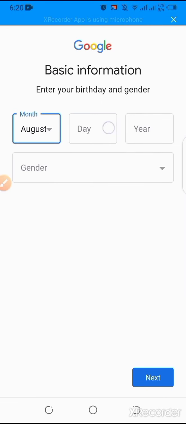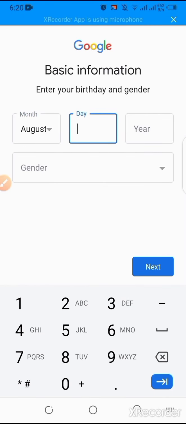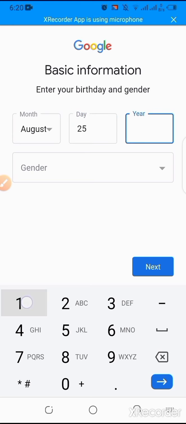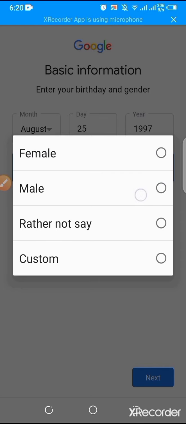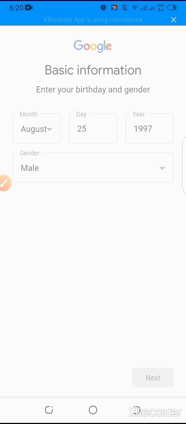Simply you can write your date of birth here, and click on next.